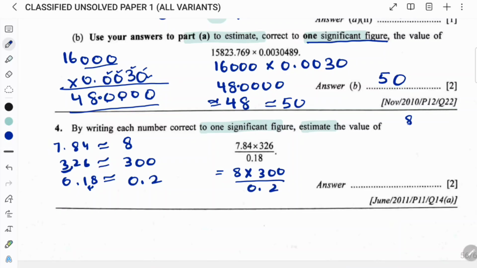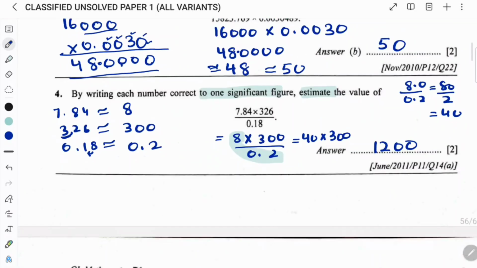Okay, so now replace the number: 8 times 300 divided by 0.2. 8 divided by 0.2, that will become 80 divided by 2, that is becoming 40. Okay, so for this thing I can write down 40. 40 times 300 is equal to 12,000, which is the answer for this question. Alright, 12,000 is a 2 or 3 or 4 significant figure number, but they didn't ask you to round off the number again in this question.